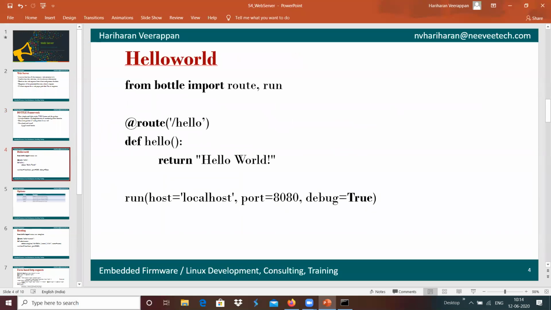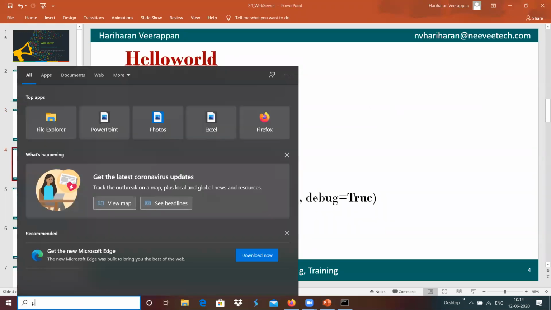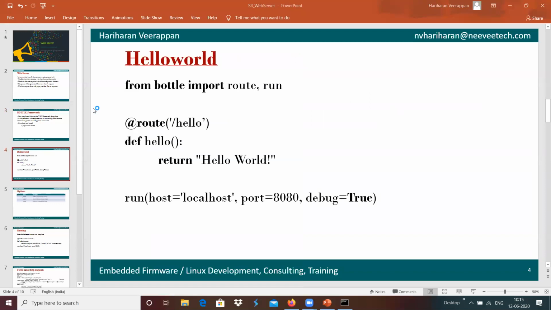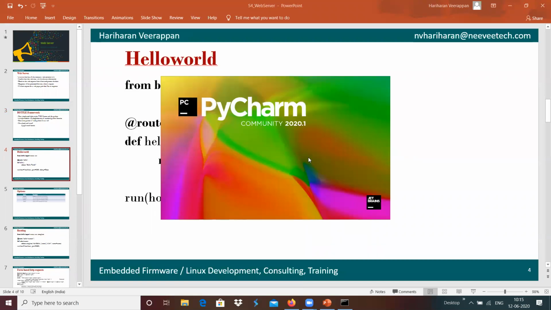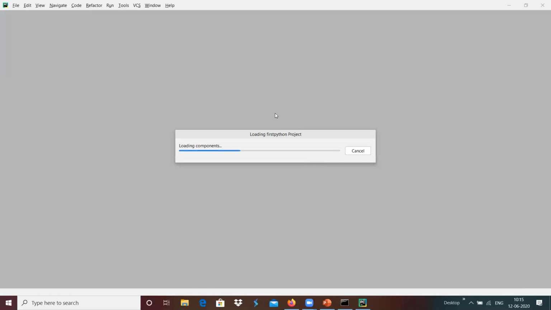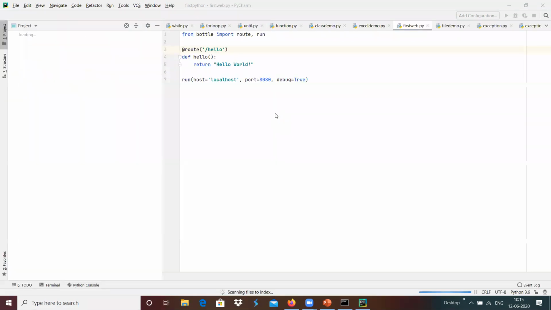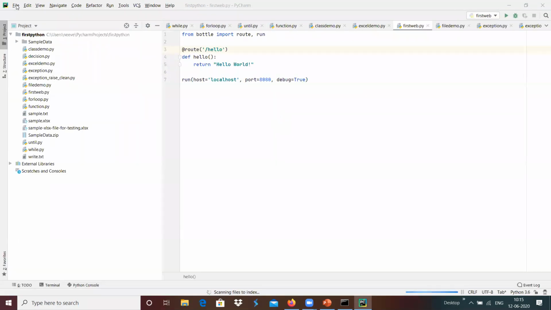For example, I'm going to run this in the PyCharm Community Edition that I'm going to open. File, I'm going to close this project.